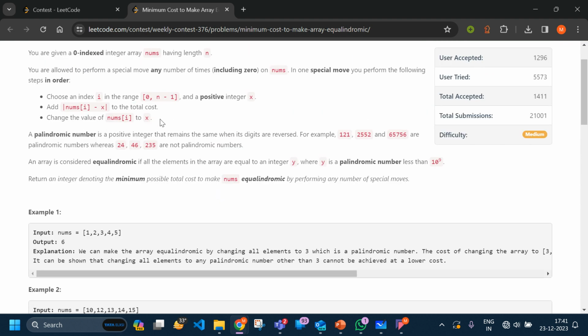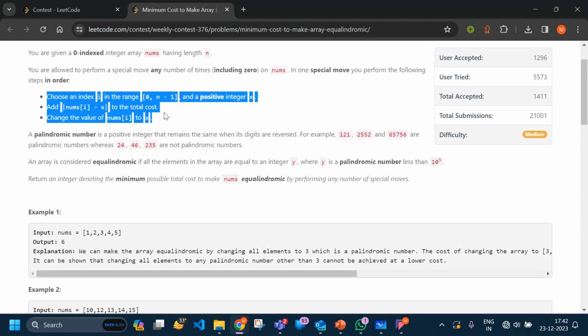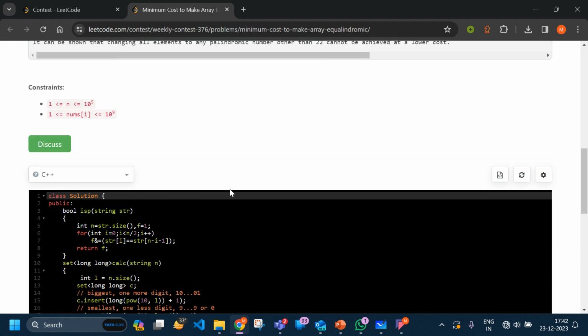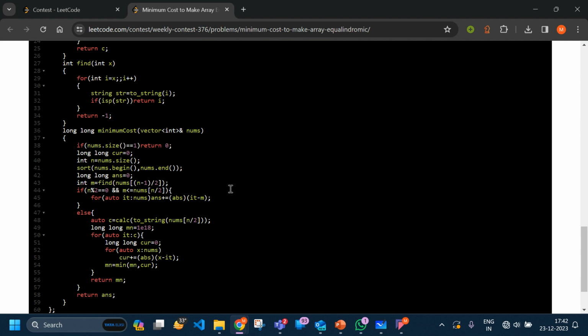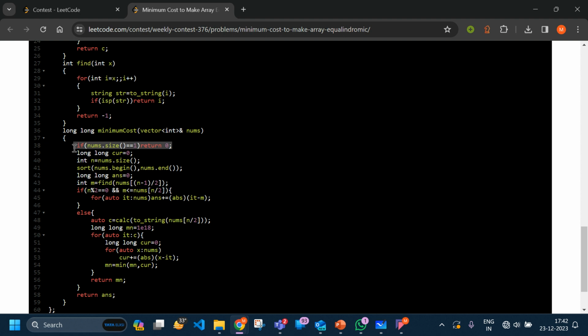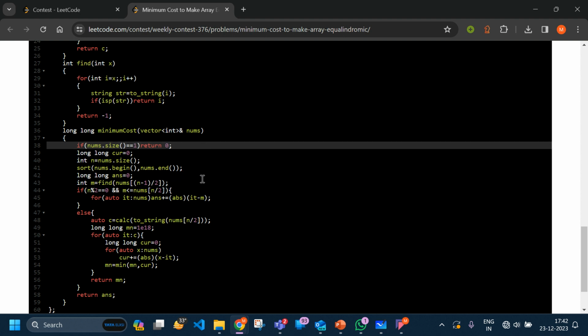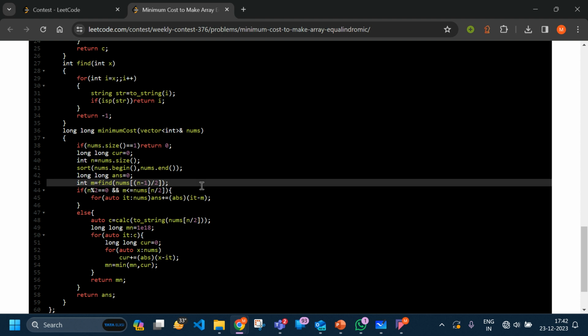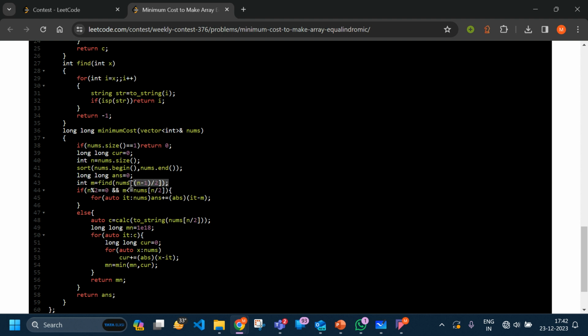And what is that cost coming from? Like if I am changing some nums of i to x, then the absolute difference of nums of i minus x will be added into the cost, right? So for that, first of all I have sorted the vector, and if it has a size of 1, then I will be returning 0, right? And I am taking the median of the whole array. So this will be nums of (n minus 1) by 2,